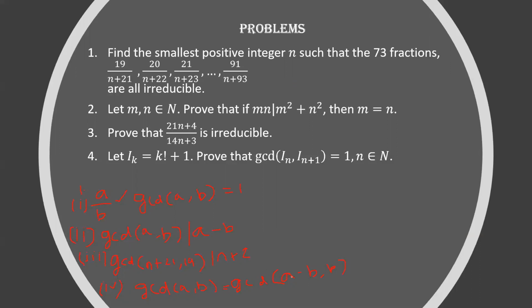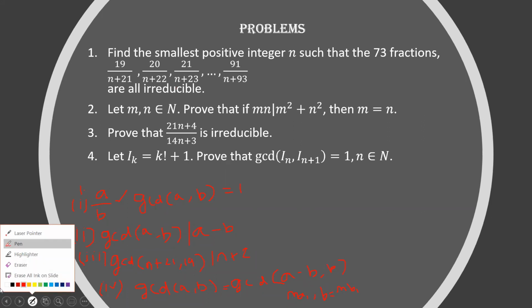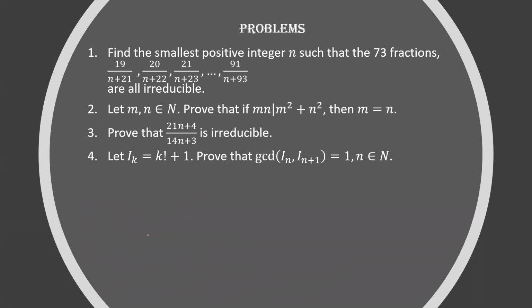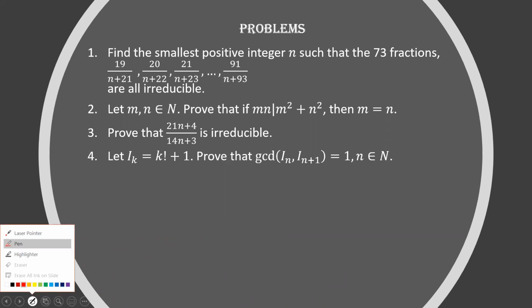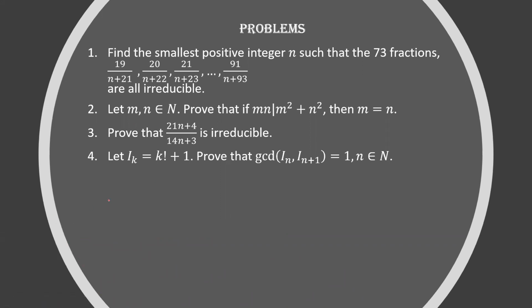How is that true? That is because A and B, you can write A as MA1 and B as MB1. Now I will leave you to prove this, because I've already done one thing earlier. So you have these configurations now. I'll erase these now. Using these configurations, what can we say?